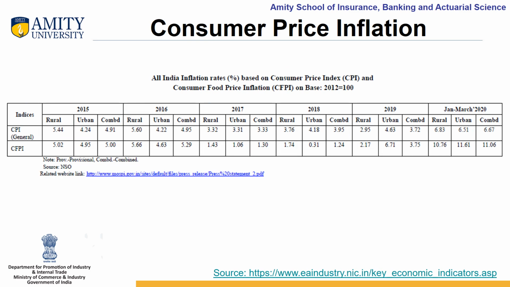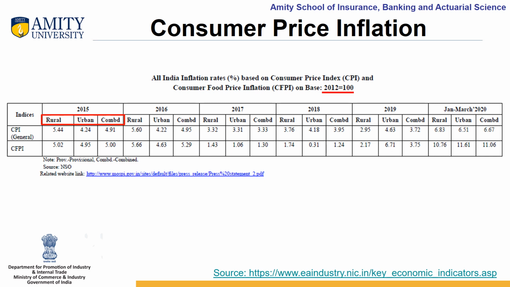Similarly, you can search for the data of consumer price inflation index using CPI method. In this table, consumer price index, which is CPI, is shown where the base year is 2012. There are approximately 448 items in the rural basket and approximately 460 items in the urban basket while calculating inflation. Inflation rate for rural, urban items as well as combined is shown in the table.